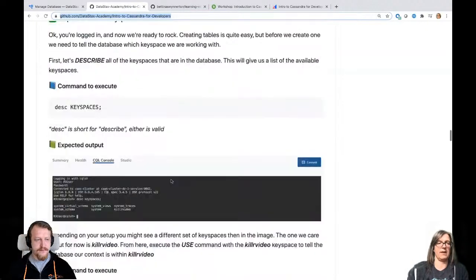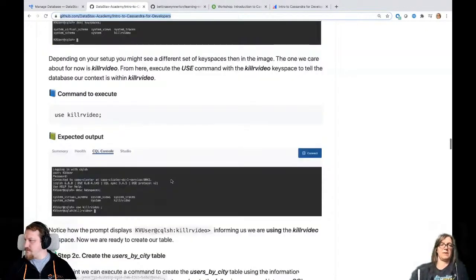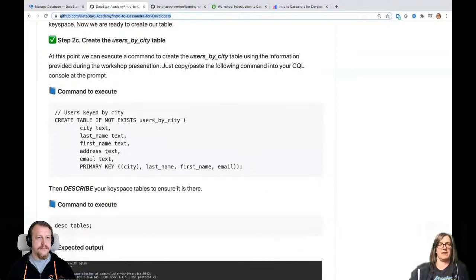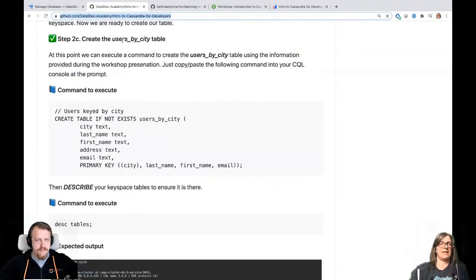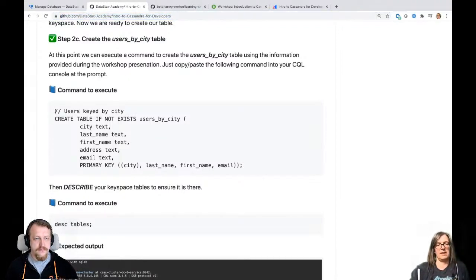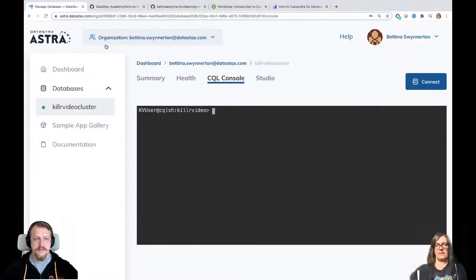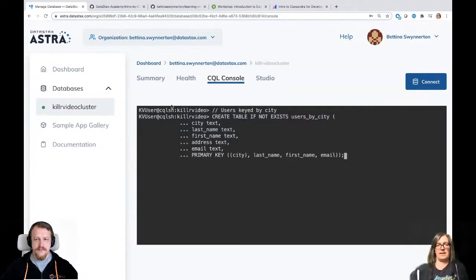So this is the first command that we want to execute, step 2C. We want to create our infamous by now users by city table. So this is the one that we've been discussing the whole time. So we can just take this, copy it, and paste it in, and hit enter. And you want to make sure that you always end with a semicolon, because if you don't